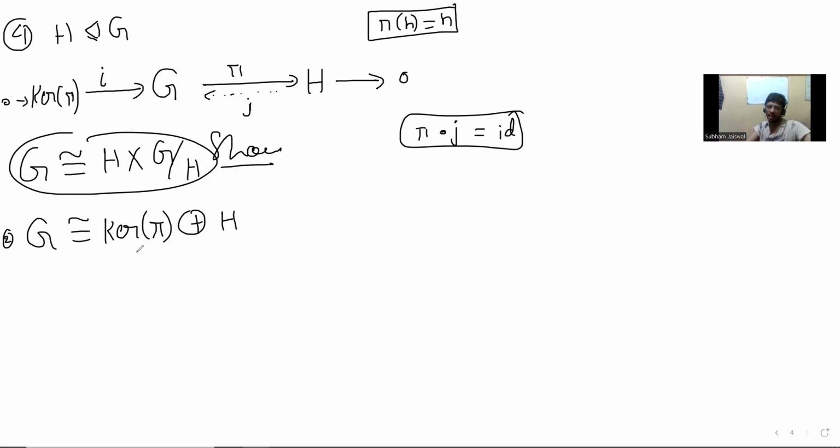And again, the way you can do it is, you know that any element of G you can write as something in the kernel and something in H. That should be clear, because you take something in H, which is an image of something, and then that something and that image have the same image, and the difference is in the kernel. You can always write it. That's not a problem. But the fact that there is no intersection is what you need to show, and that really follows from this thing. So just check it.